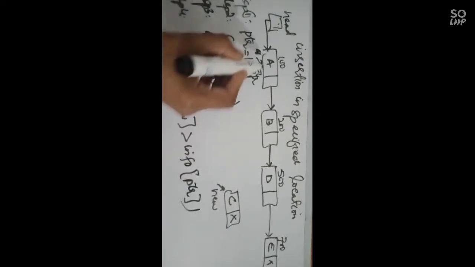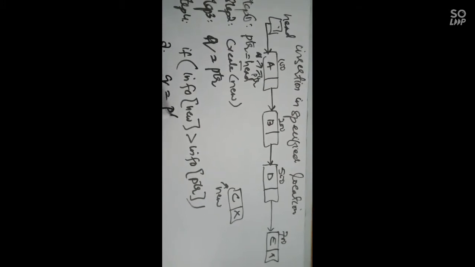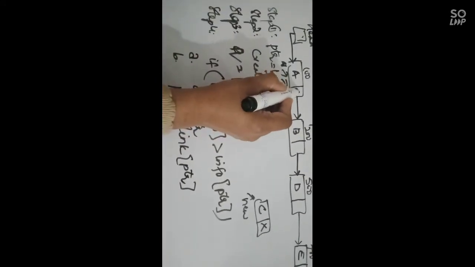अगर info of new greater है info of ptr से, तो ptr को क्या करो, ptr को सेव करो एक अदर पॉइंटर में, q is equal to ptr. It will save the pointer ptr to another pointer, and then move forward this ptr, इस ptr को आगे बढ़ा लो। तो आगे कैसे बढ़ाएंगे कि ptr को हम असाइन कर देंगे link of ptr, क्योंकि अगले नोड का एड्रेस जो है दैट इज स्टोर्ड इन द link of ptr. ओके, सो हियर लुक एट इट, हियर इज 200.